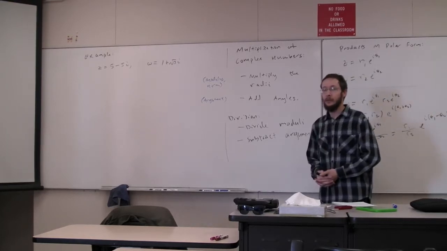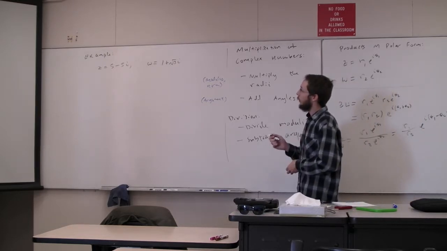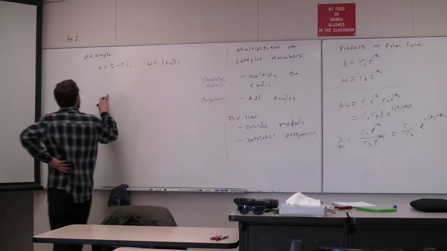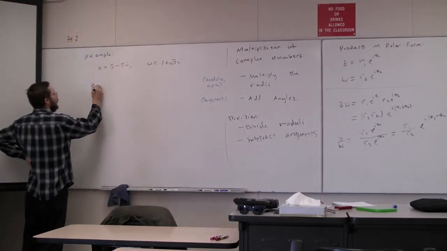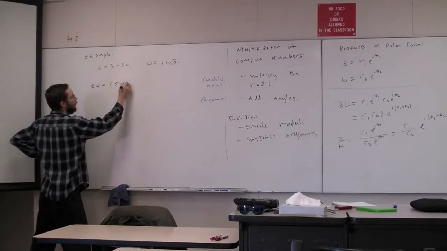And we'll do this two ways. We'll set it up with the rectangular form, do it that way, and we'll also multiply it with the polar form. So if we want the product zw, then in rectangular form,